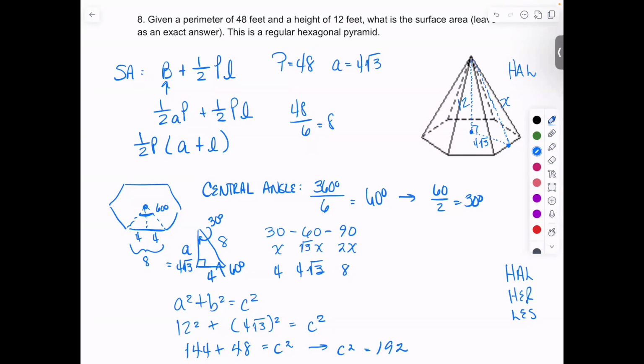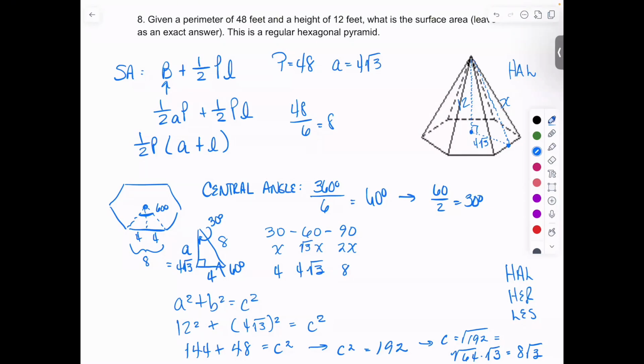Yeah, 192 is 64 times 3, so that'll reduce to the following. So our C value, which we found, is actually our lateral height here, our L,